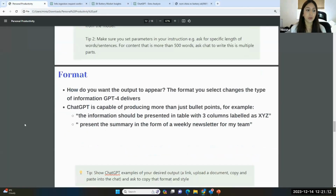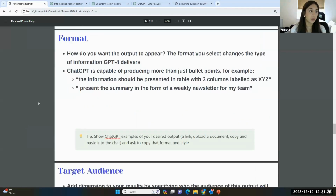So now we move on to format. Okay, so now you're probably thinking, well, why do we bother with format after already providing ChatGPT with such detailed instructions? Well, I like to think of format as a bit of a subsection to instructions and actions. So ChatGPT isn't just capable of listing tons of bullet points, right? Most people don't realize that it can actually structure text and data in a lot of different formats. So that could be